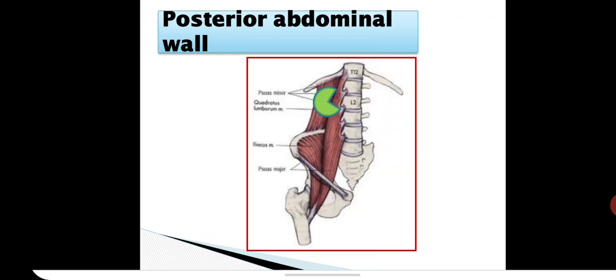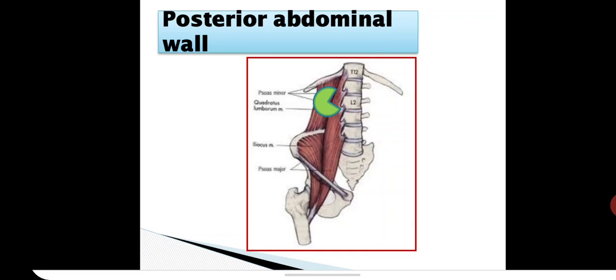If you see, this psoas major muscle is covered along with the iliacus by the psoas fascia. This psoas fascia consists of two parts. Covering only the psoas major above the iliac crest, that part will be called the psoas part. Covering both psoas major and iliacus will be called the iliac part.